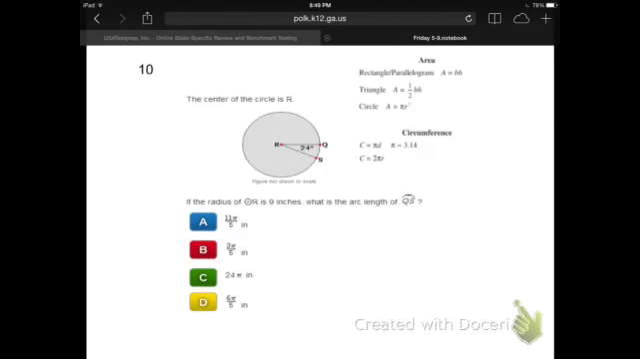And last but not least, number 10. If the center of a circle is R, the radius of a circle is 9, so I'm going to put 9 on my picture. What is the arc length? Now notice it doesn't say area, so we don't want to use the area formulas. Alright? Of QS. So I'm going to use my circumference formula, which says C equals D times pi, or R times pi. So I know my diameter is 18, so that's going to give me 18